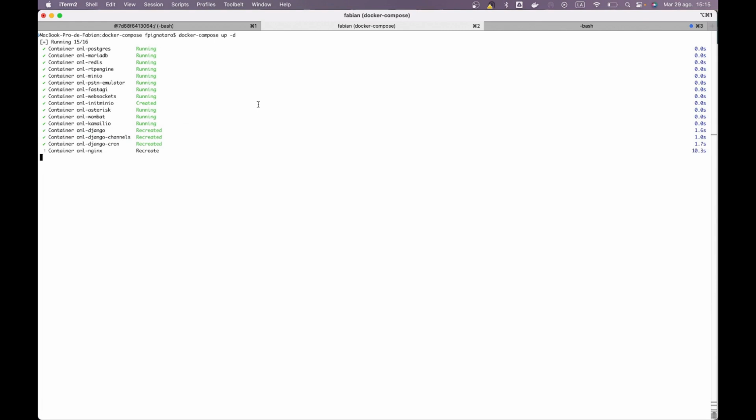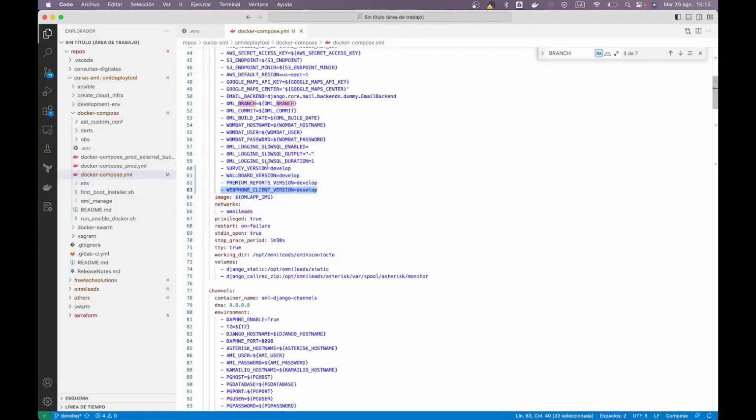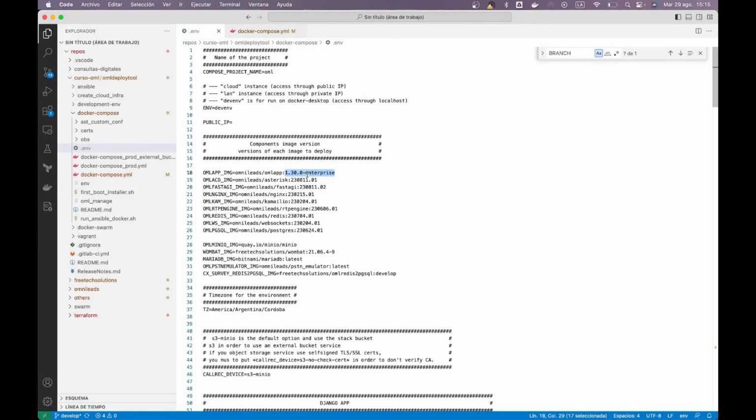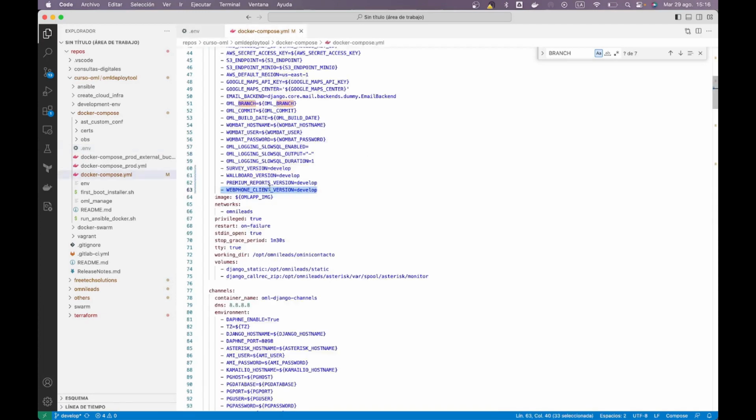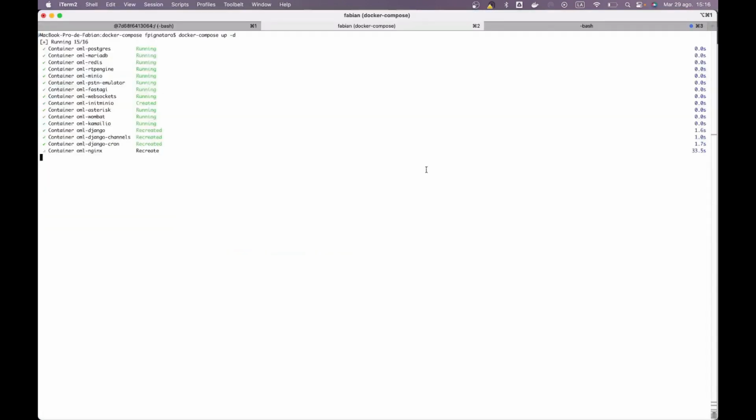When recreated, a new container will be launched from a different image, not the 130.0 image, but the 130.0-enterprise image. This container will use this image and will also pass these variables to launch a version with the add-ons already installed. The enterprise version comes with all the add-ons installed, but not enabled. I make this clarification because, at this moment, we need to register the